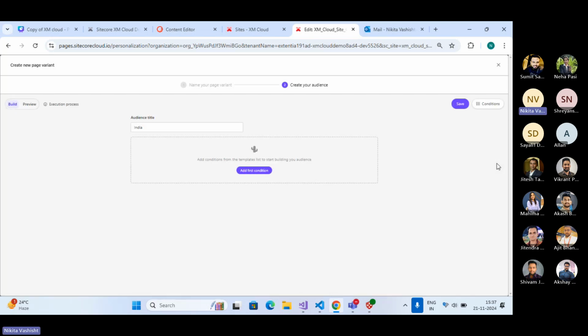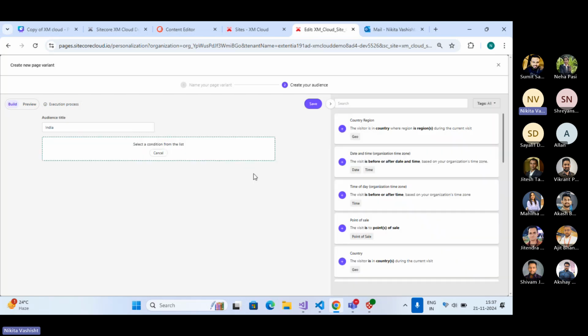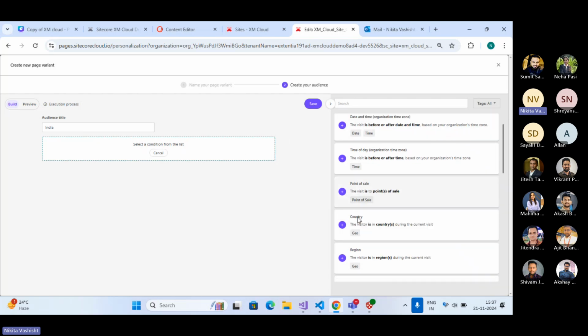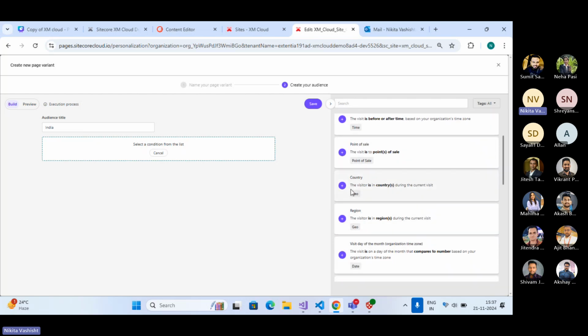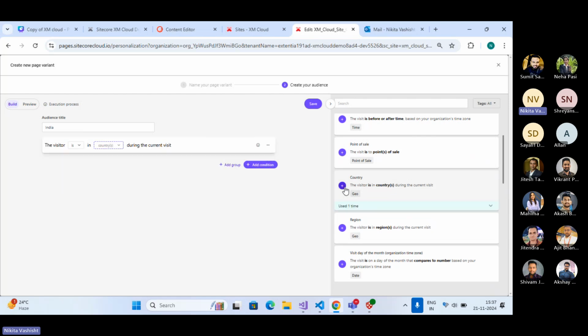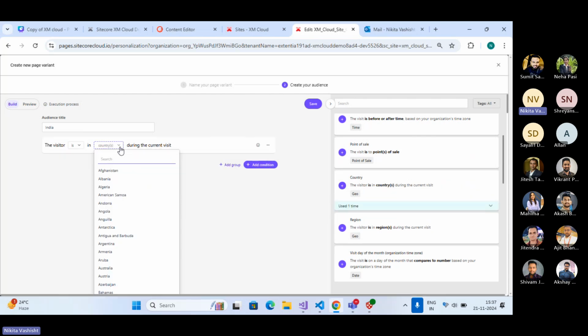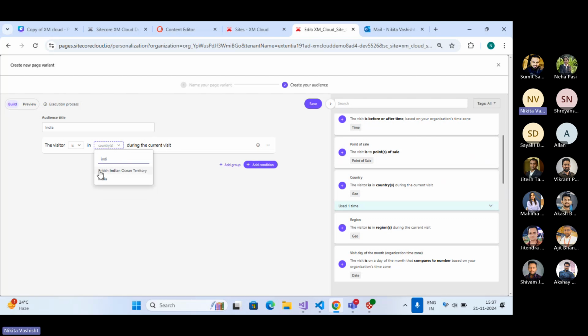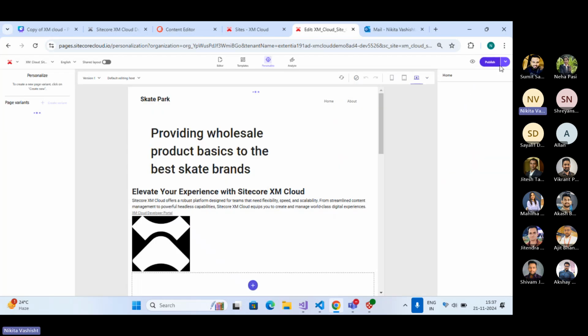So over here, we can build our audiences. So there are multiple, as I've mentioned, there are multiple set rules that we have. So we can click on creating a rule. So these are all the out of the box rules that we have. So supposedly, if I want to select the country rule, I'll click on the plus icon. I can select India. So if the visitor is from India, I'll save this rule. So once it's successfully saved,